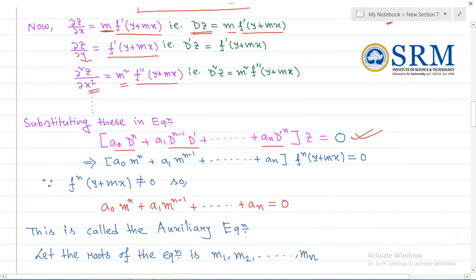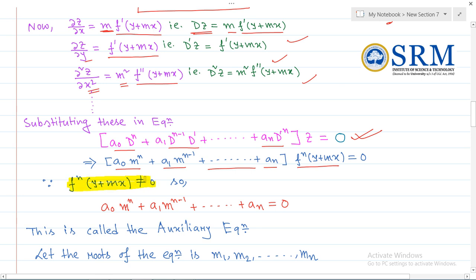So now if we substitute all these values, that is D of z, D dashed of z, D square of z, everything in this equation, we have a0 m to the power n, a1 m to the power n minus 1, dot dot, an, into f to the power n of y plus mx. f to the power n means the nth order derivative of f. Why have we written this? Because every term in this equation is an nth order partial derivative, so it will be f to the power n of y plus mx. Since f to the power n of y plus mx is a non-zero term, because it is obviously a non-zero function,